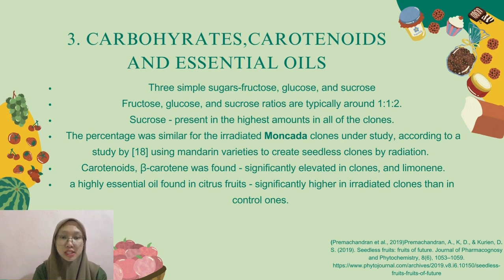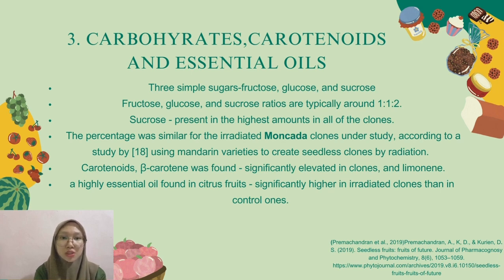There are three simple sugars: fructose, glucose, and sucrose. They make up the majority of the soluble solids in citrus juice and are the primary sources of carbohydrates in citrus fruit. And the ratios of the three are typically around 1:1:2, with sucrose present in the highest amount in